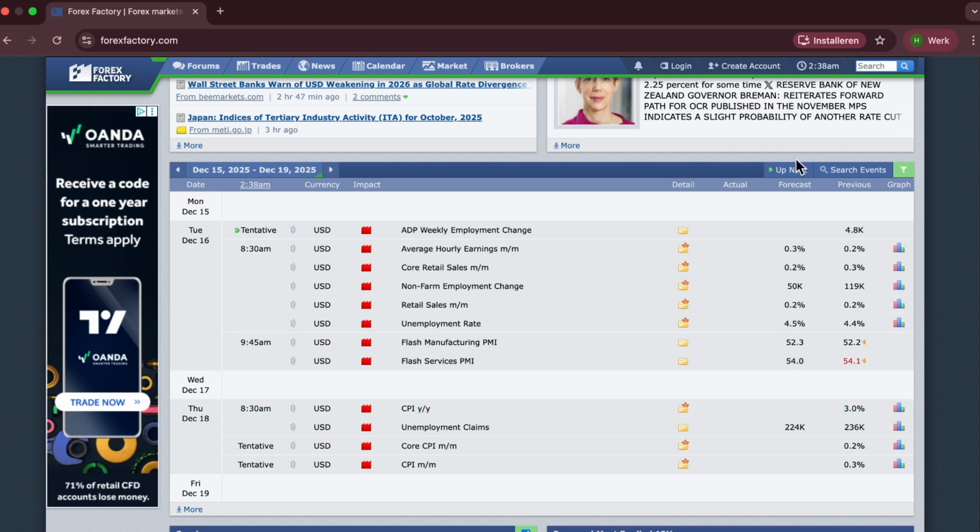It's always good to look at the forecast for CPI. If the actual number is higher than the expected forecast number, it means that the dollar will show a lot of strength, and if it's lower, it means weakness for the DXY. There's something interesting to look at for yourself: look at the forecast, look at what the actual number will be, and then see what the dollar and all the other markets will be doing. Let's dive into the charts now.